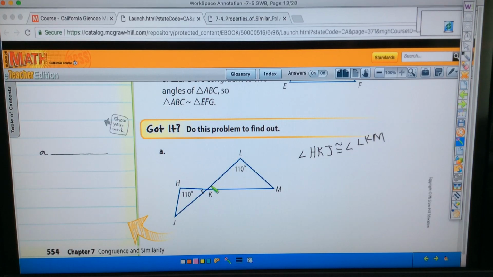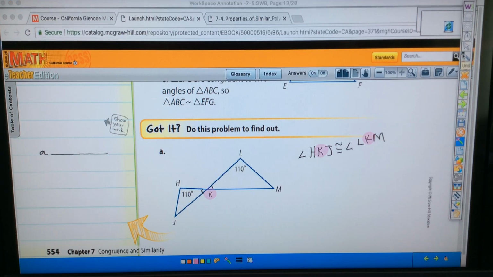So because we're really talking about this K angle, you want to make sure that that's in between. That's the middle letter is what I'm trying to say here. Let me color code that for you. So at any rate, these two are congruent. So there's your congruent statement